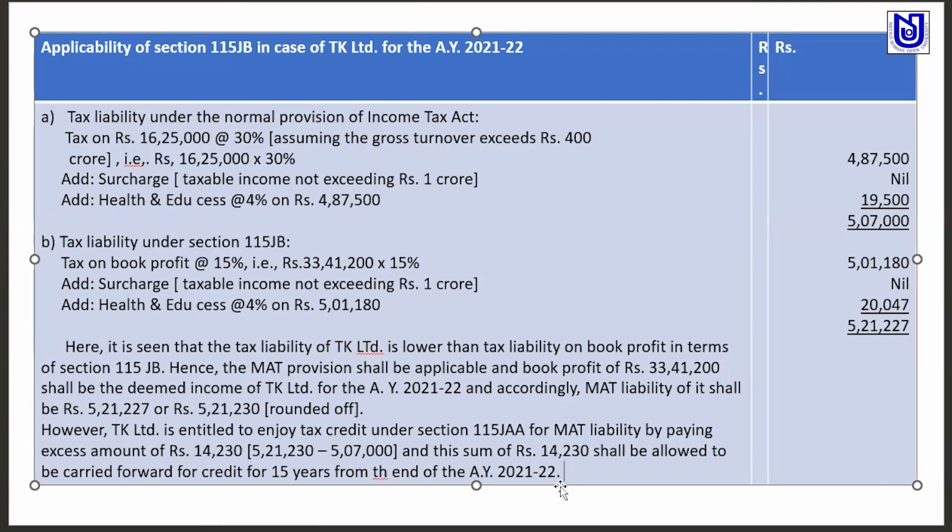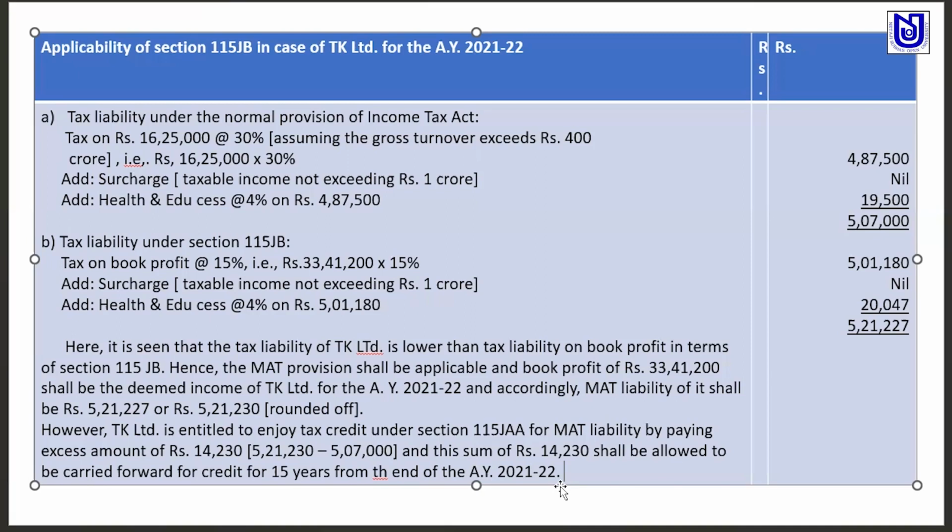In the next year, say 22-23, it is seen that the normal provision tax liability is more than MAT liability on the basis of book profit. In that case, the company will have to pay tax on normal provision as it is higher, and while paying normal tax liability, in that year the company can enjoy the tax credit for which it has earlier paid excess amount as MAT liability. This is the detail of the provision of section